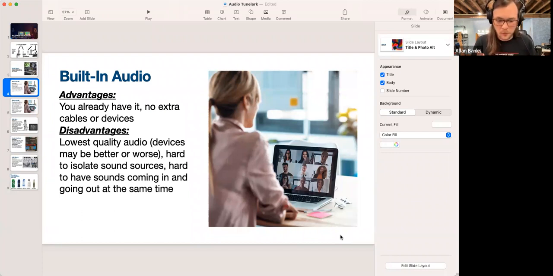Now, if you're a vocal teacher, it's a lot easier to use your built-in sound card because that's the only sound source that you really have to worry about aside from occasionally playing music maybe. But if you teach an instrument, especially an electronic instrument or anything like that, it becomes a little harder to separate the sound. Now, another thing that we have to talk about with built-in sound sources and meeting softwares in general